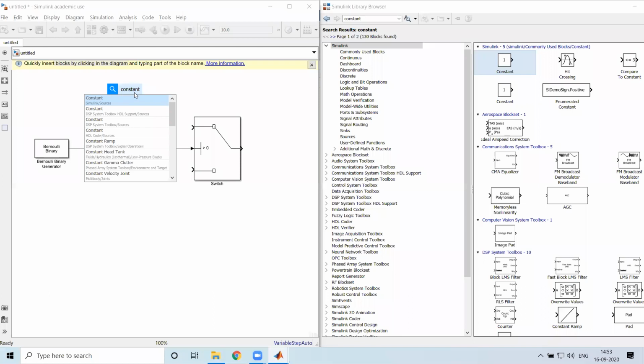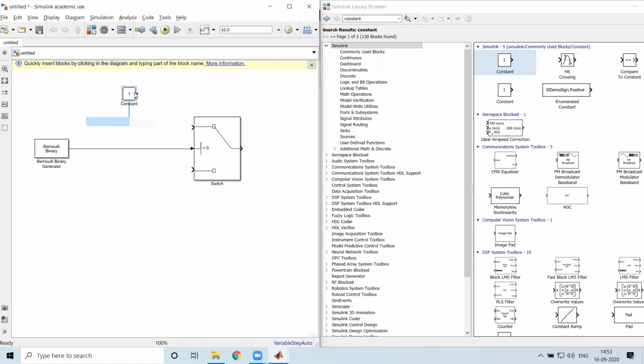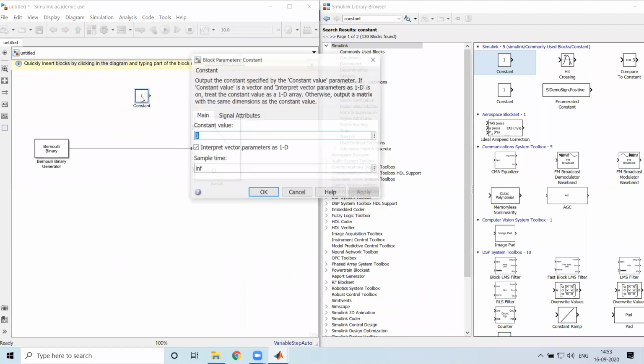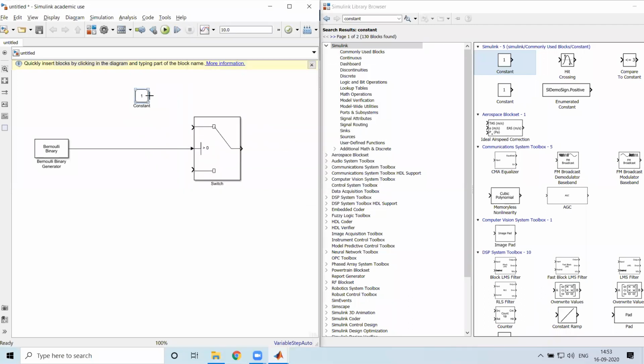Constant, under Simulink Sources. This is the constant value. If I double click this, it gives constant value 1. If I change it, it will change to 2. I'll just keep it at 1, so as not to disturb anything. This will generate a constant over here.